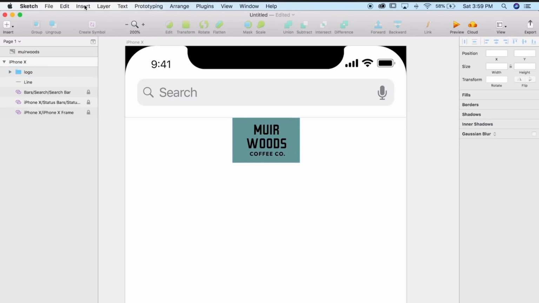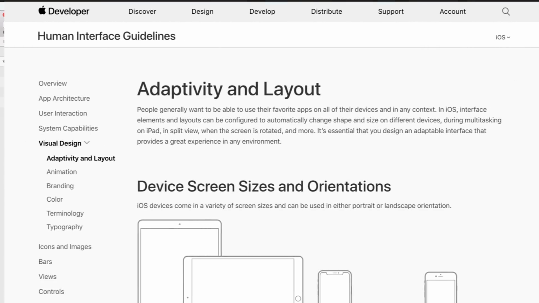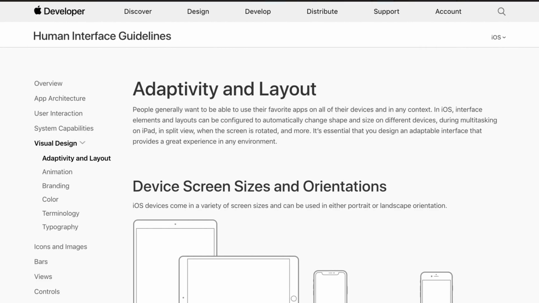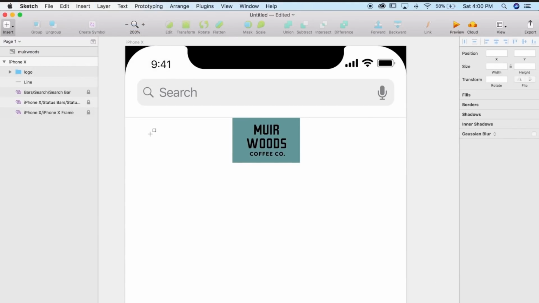In order to make sure that we make these icons in the right spacing and size for people to click on with their finger, you want to make sure that there's at least 44 pixels around them. That's the iOS human interface guidelines. You can look more into that. I'll put a link in my description. But essentially, it's best practices for touch targets and things that you click on.